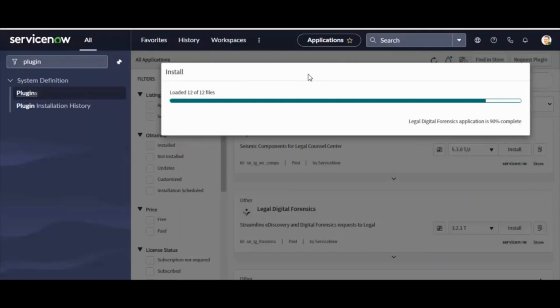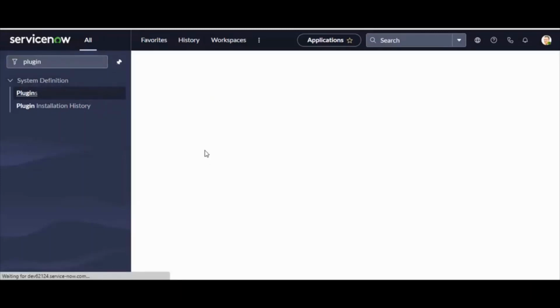Any plugin you want to install, you can install like this. Now I'm running this in the background, and it is going to install. Now I will show you which plugins you installed. If you want to see the history,